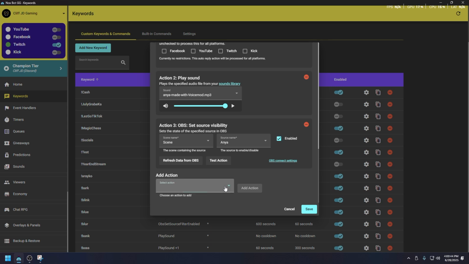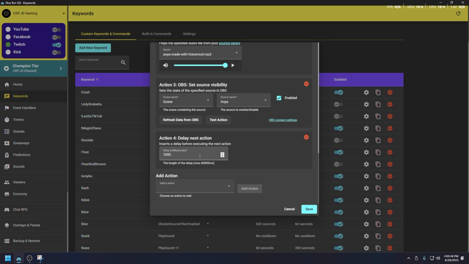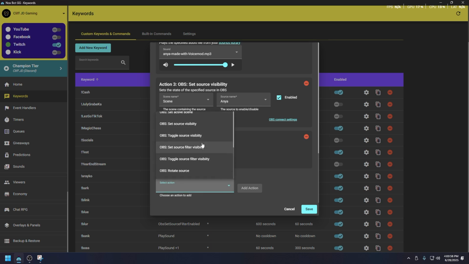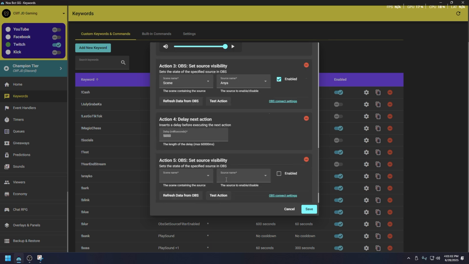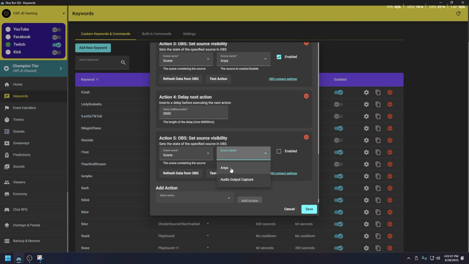Let's add another action, this time to add a delay before the next action. For this example, let's just use 5 seconds, or that's 5,000 milliseconds. Lastly, let's add another set source visibility, but this time, we'll set it as disabled, and don't forget to